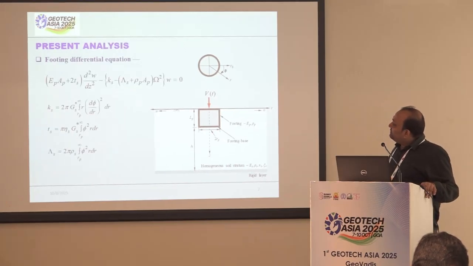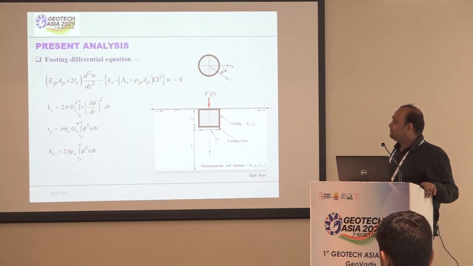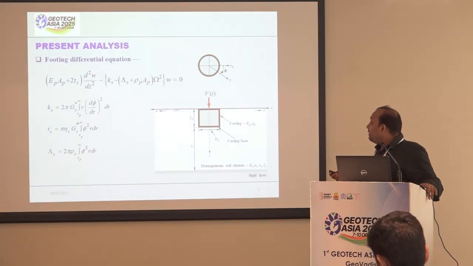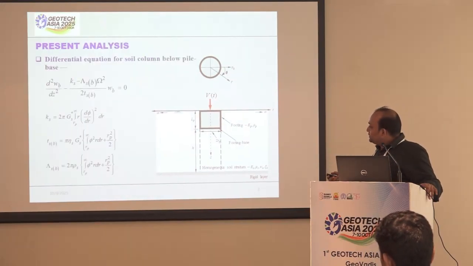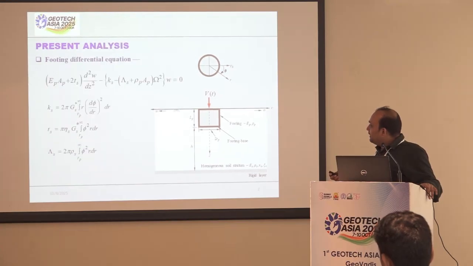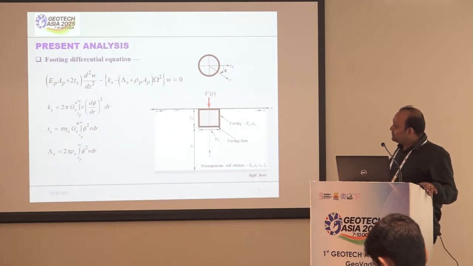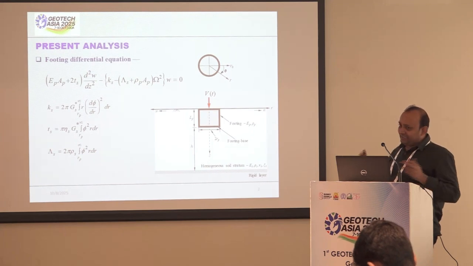Then you have a differential equation for the footing as well, and obviously it is also associated with Ks, Ts, and omega s, within its limits. All these equations can be solved analytically, and because Ks and the solution for this particular footing, which is given by W, are interdependent,